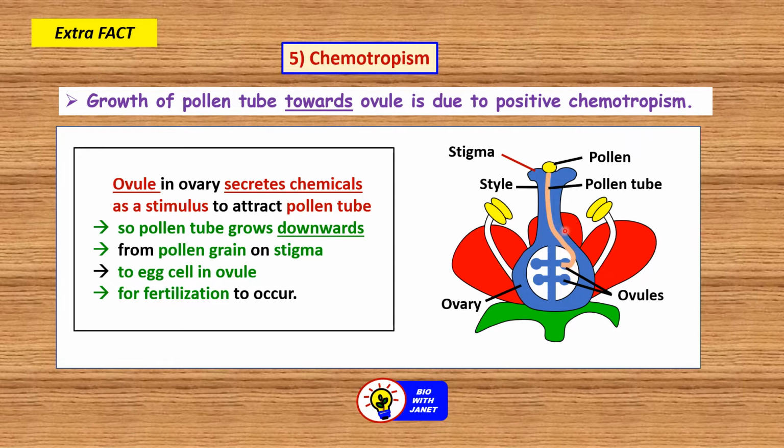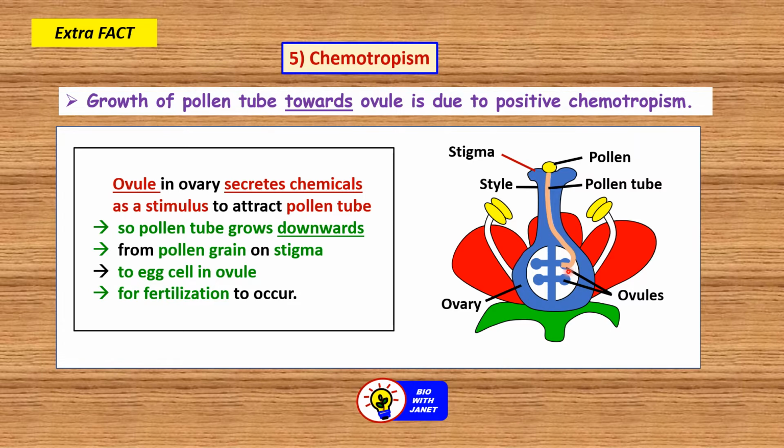Then the pollen tube grows downwards because it grows towards the chemicals as a response that is due to positive chemotropism. And then it will grow down the style here, this part here. So from the pollen grain, the tube grows down the style to the egg cell in the ovule for fertilization to